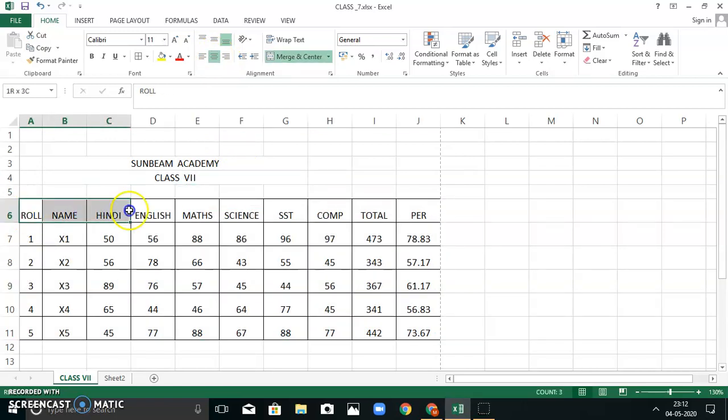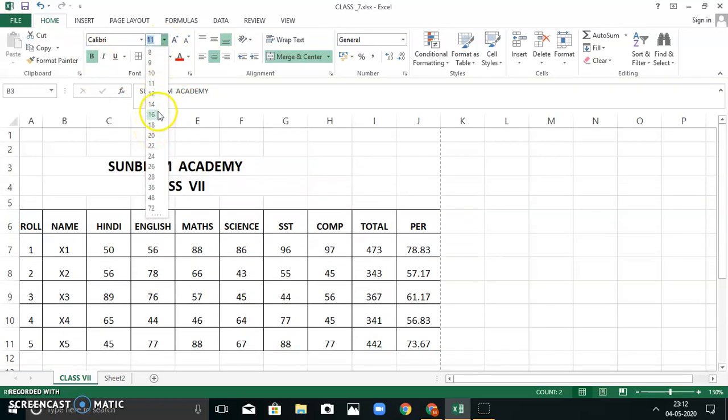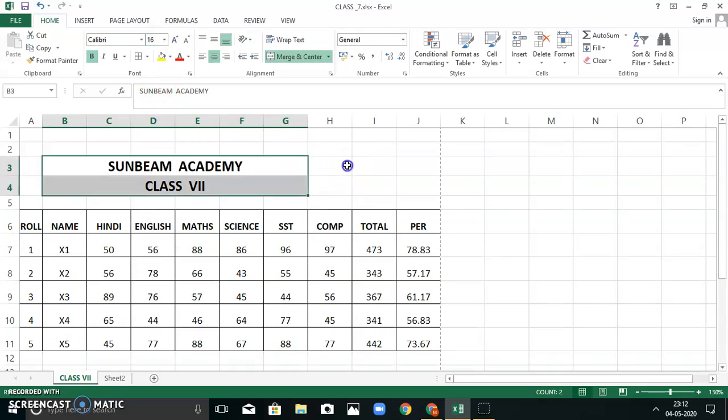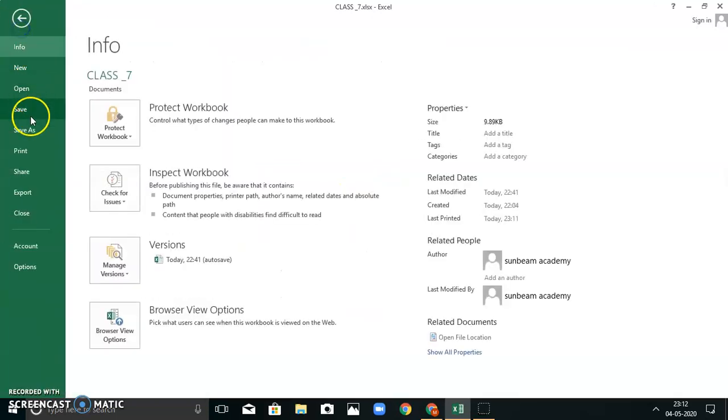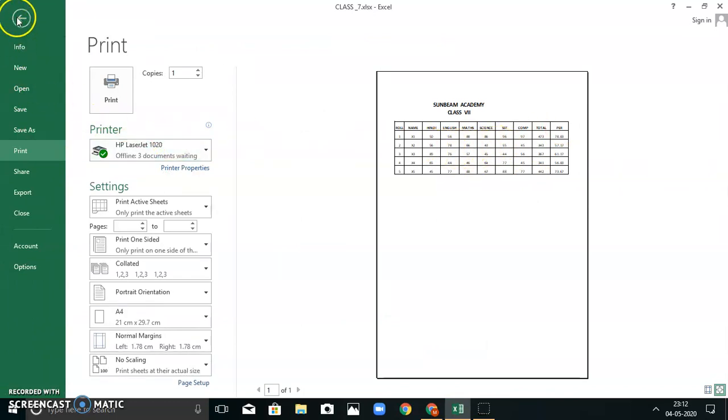Also I need to bold this, so select the headers and click on B. Now it's bold. I want to bold this one also, bold it. I wanted to increase the size of the school name, so you can change it accordingly. Okay, now see the printout. Yes, in this way it will appear on the screen.